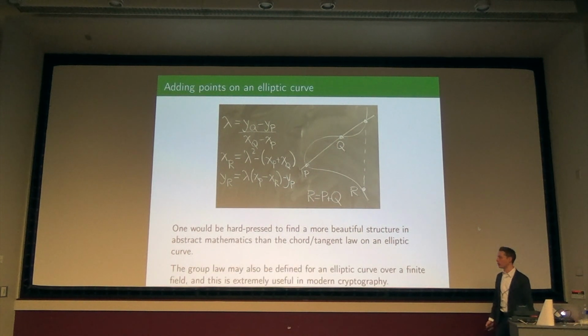Maybe for some of you who are interested in this kind of thing, I'm trying to connect with as many areas of mathematics as possible so you can see your favorite thing. If you do elliptic curves over a finite field instead of irrational numbers, this expression makes sense on the top here. I'm just declaring lambda to be the difference of elements, so I just need a field. I have to be able to divide, but other than that. And in that situation, you would end up with a finite set of points with a group operation on it, and this is really useful in modern cryptography. There's even a proposal for a quantum-resistant cryptographic system that uses supersingular elliptic curves, not the group law, but elliptic curves. So it's really exciting.